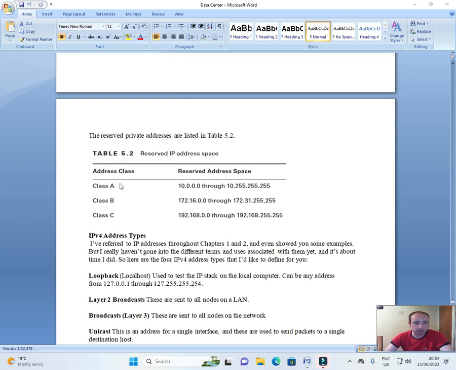Address class, reserved address space. Class A: 10.0.0.0 through 10.255.255.255. Class B: 172.16.0.0 through 172.31.255.255. Class C: 192.168.0.0 through